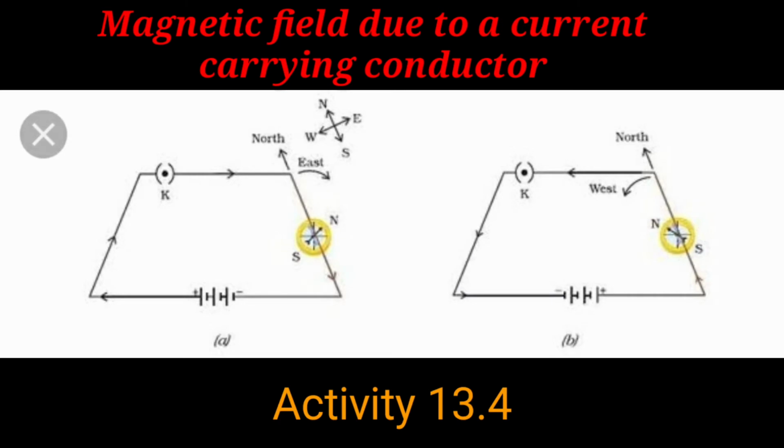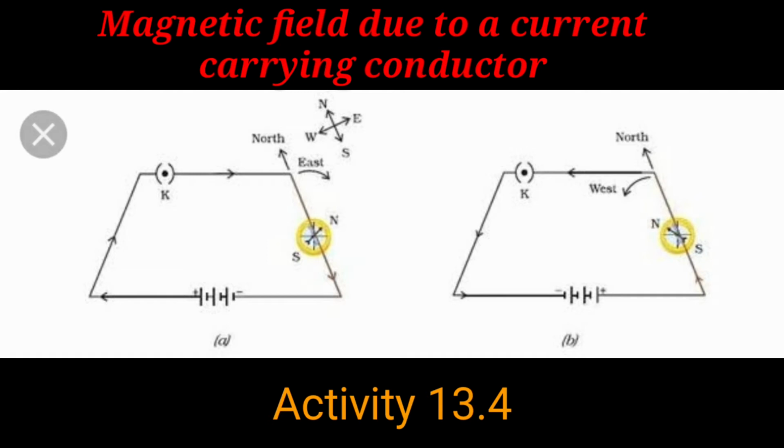Welcome to physics class. In the previous video, we have seen that an electric current through a metallic conductor produces a magnetic field around it. The first evidence that there exists such a relationship between the two was observed in 1820 by Ørsted. In order to find the direction of the field produced, let us repeat the activity in the following way.